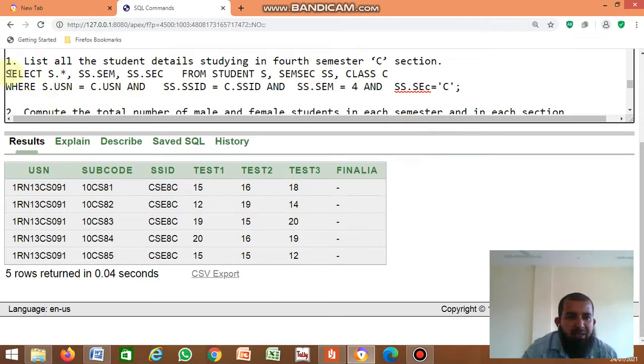We just display all the student details. Star means the student table, all the columns, along with semester and section. From the student table, semester section table and class table: all three tables are required.